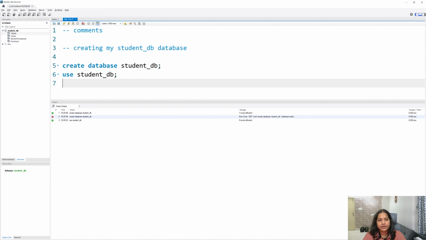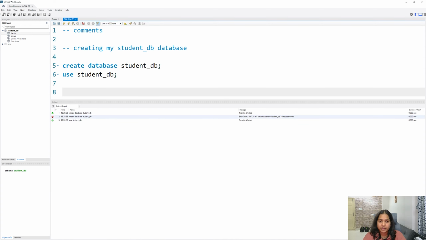Now next, we will create the table here, inside the student_db. For creating the table, the code is the same as for the database: create table, and the table name is student_details, open bracket, close bracket, semicolon. So this is the outer structure of the table.